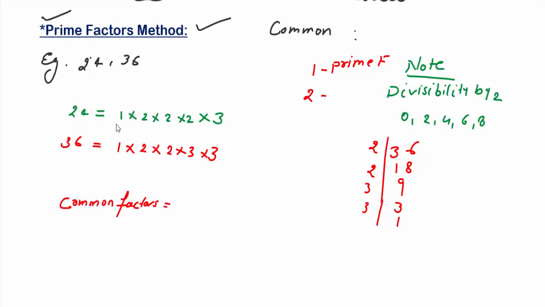One is always a common factor for all the numbers. So here we have 1, 2, 2, so we write multiply by 2. Then we again have one more 2 that is common, so we write again multiply by 2. Then again we have 1, 3 and 3. If we take this 2, we don't have another 2 here, so we write 3. Is there anything else common that we can see here? Nothing.